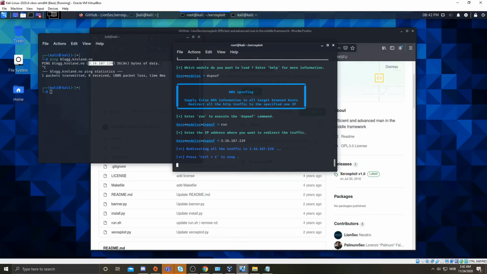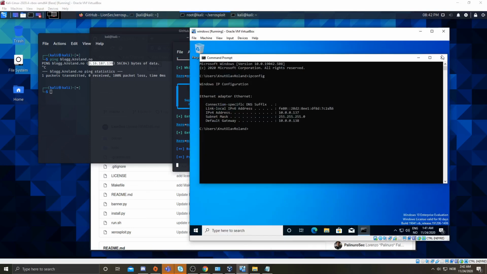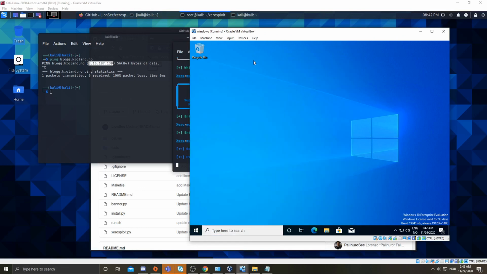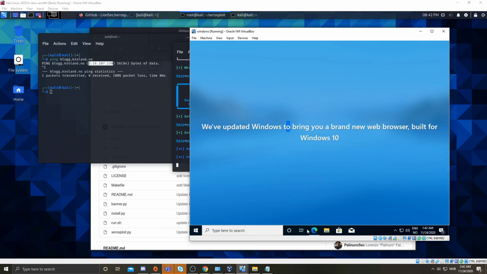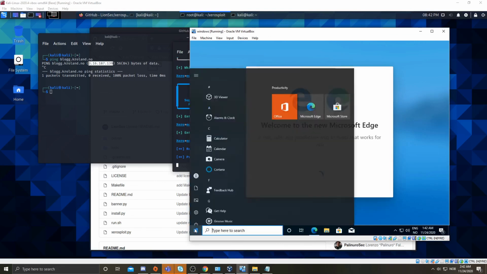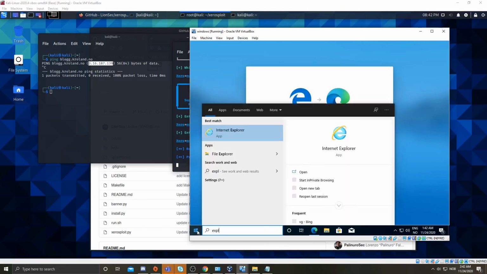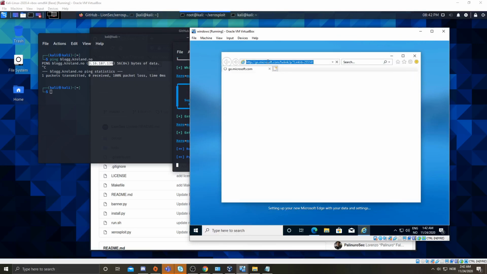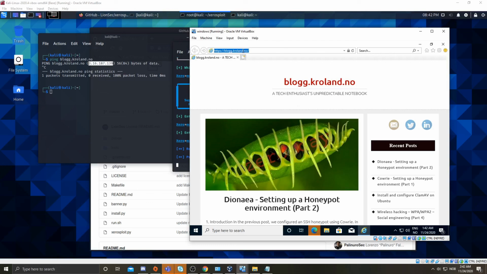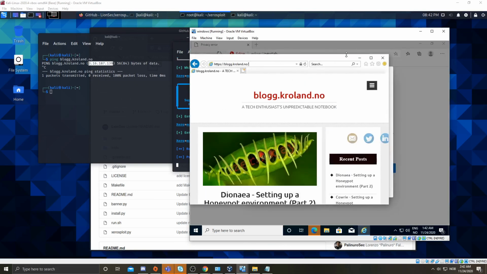So in theory, if I go to my Windows machine and I do, let's say, Edge. Oh, this is probably a bad idea to choose Edge. Yeah, sure. Let's do Explorer. If I go to vd.no, yeah, you can see I'm automatically getting redirected to my own blog. So if I do google.com, I'm getting redirected to my blog. So then this